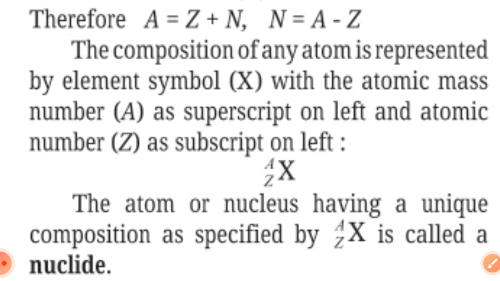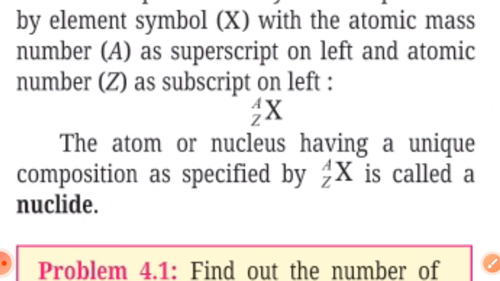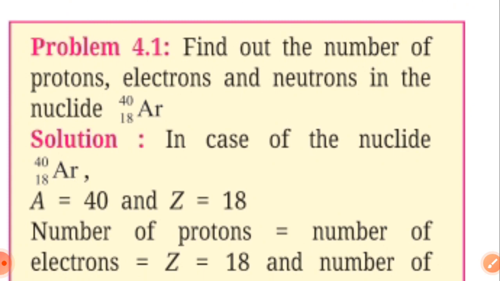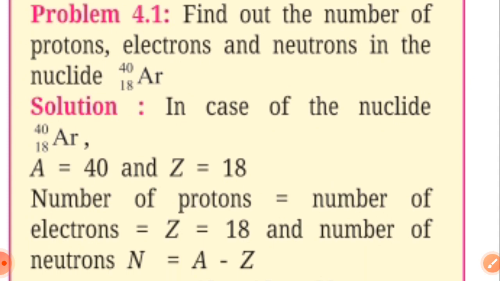The composition of any atom is represented by the element symbol X with the atomic mass number A as a superscript on the left and atomic number Z as a subscript on the left, A Z X. The atom or nucleus having a unique composition as specified by A Z X is called a nuclide. Problem 4.1. Find out the number of protons, electrons and neutrons in the nuclide